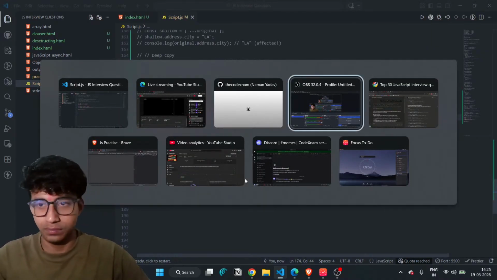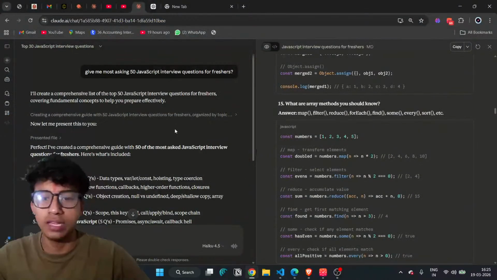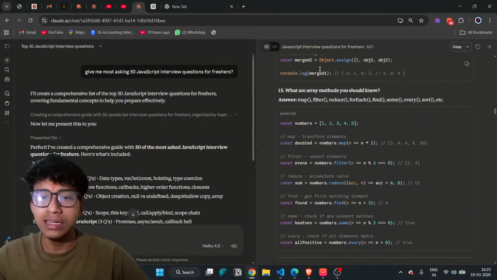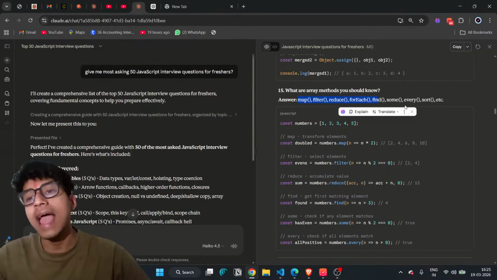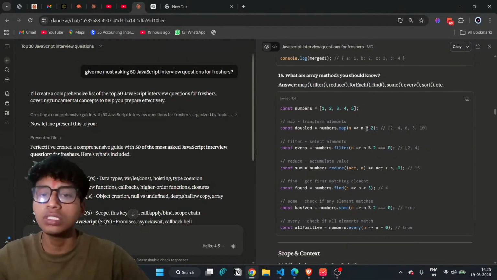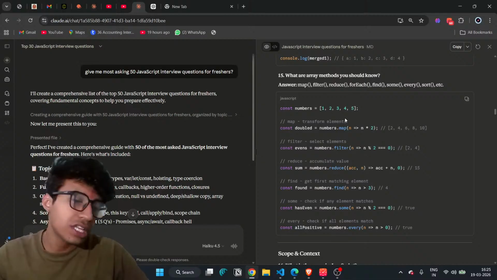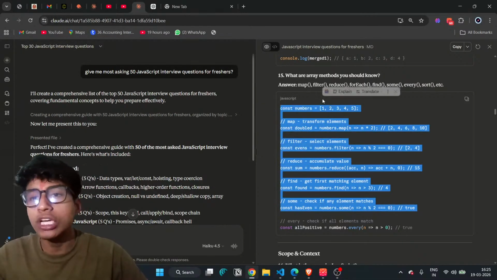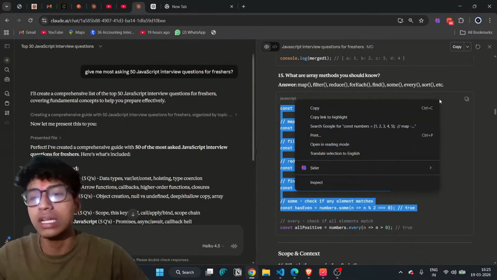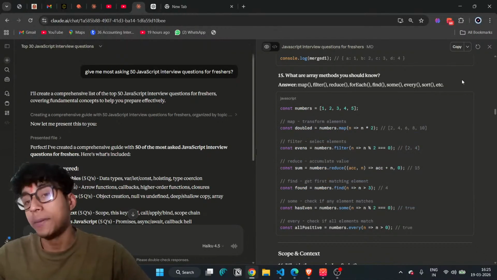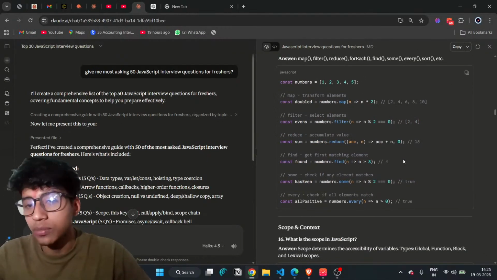Okay, chalo thoda baaki thoda bahut kar bhi lete hain, baat zyada hui hai. And here is what are array methods, you should know that, theek hai. This is the most important method: map, function, filter, reduce, forEach, find, some, every, and sort methods. These are the most useful and most important array methods that you need to know. If you know how you can use these methods, you are good enough in JavaScript arrays, theek hai, because these are the most important built-in functions.